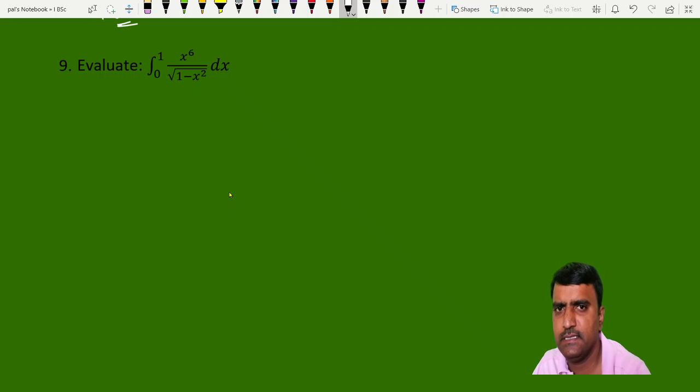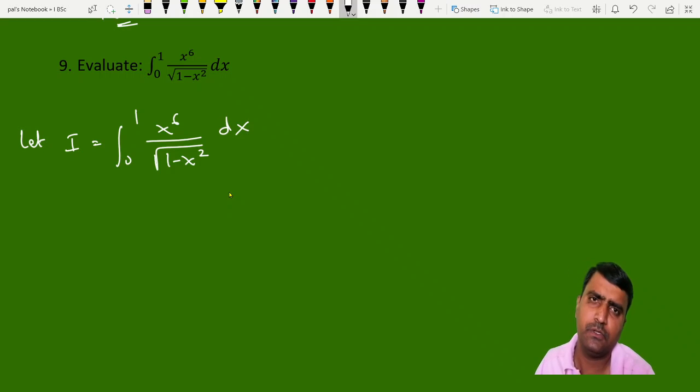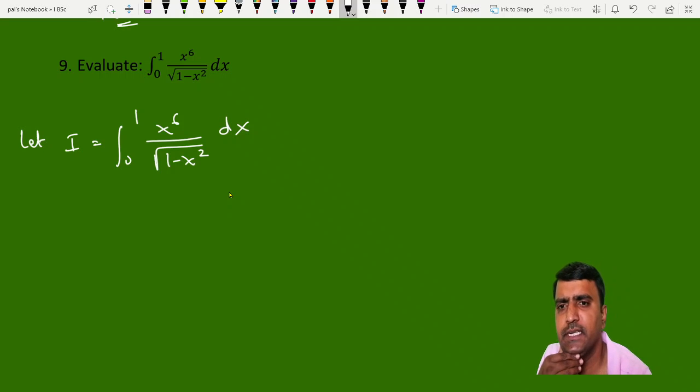To solve this, let I be equal to integration from 0 to 1 of x to the power 6 by root of 1 minus x square into dx. To solve this, you take substitution,